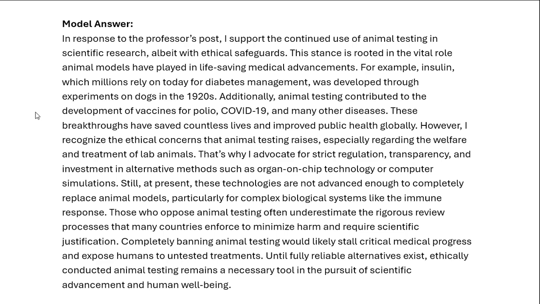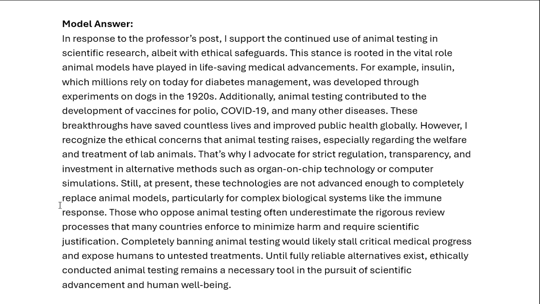However, I recognize the ethical concerns that animal testing raises, especially regarding the welfare and treatment of lab animals. That's why I advocate for strict regulation, transparency, and investment in alternative methods such as organ-on-chip technology or computer simulations. Still, at present, these technologies are not advanced enough to completely replace animal models, particularly for complex biological systems like